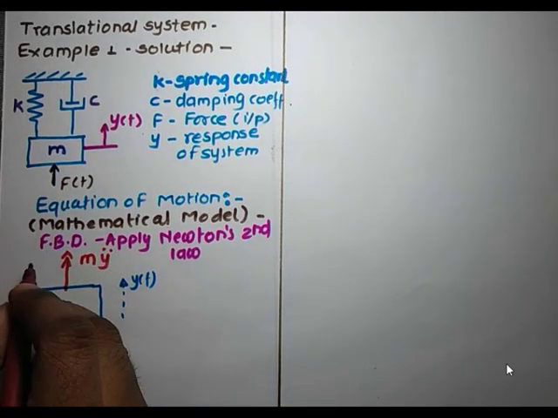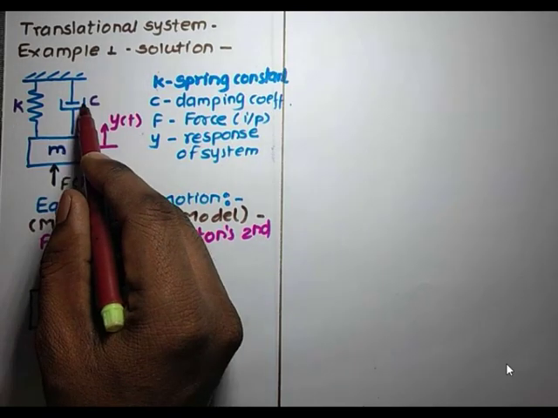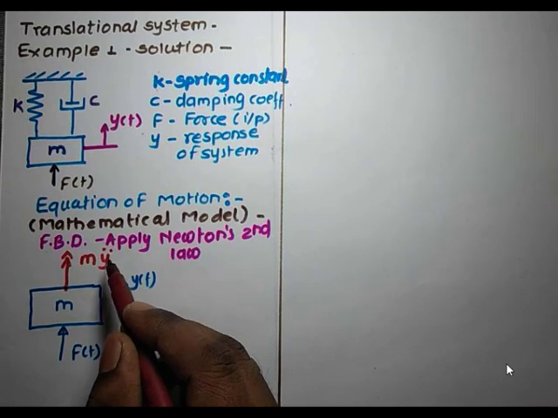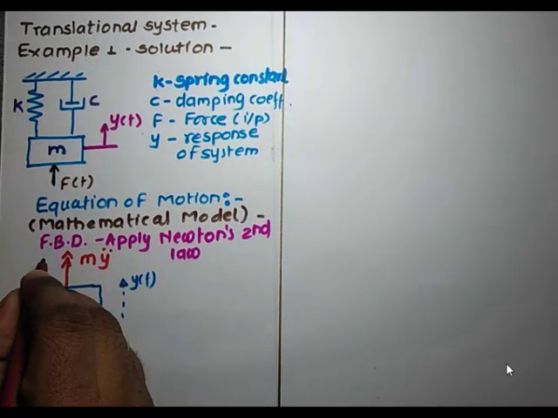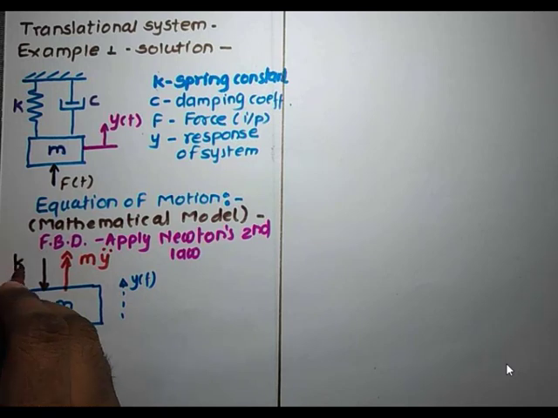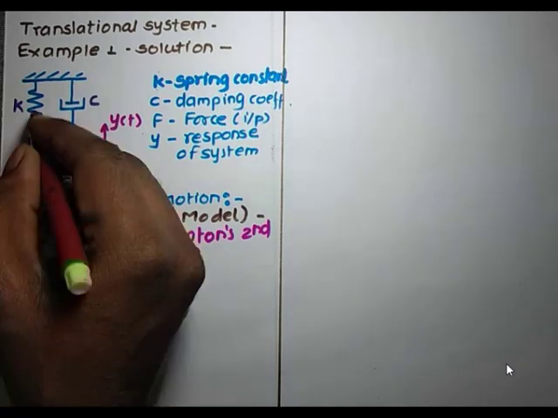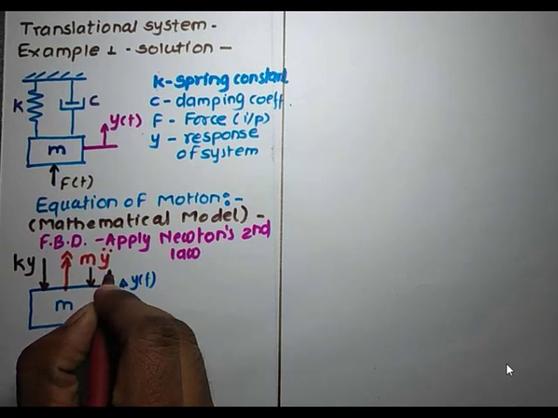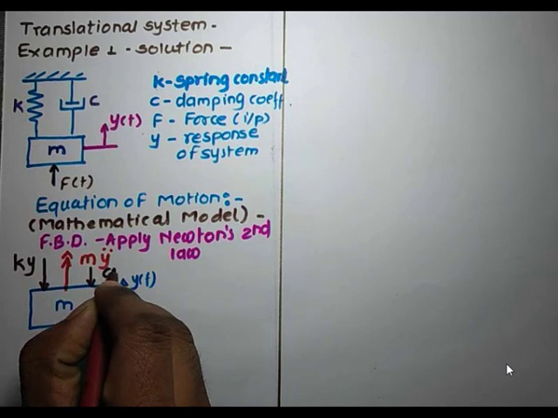Then the role of springs and the damping force is to resist the motion. So motion of this mass is taken in upward direction, so we can say that the spring force is acting in a downward direction in order to resist the motion. So it is K into Y, net deformation in the spring. And also we are having damping force. Damping force is nothing but damping coefficient into the velocity, linear velocity. So that is C into Y dot.